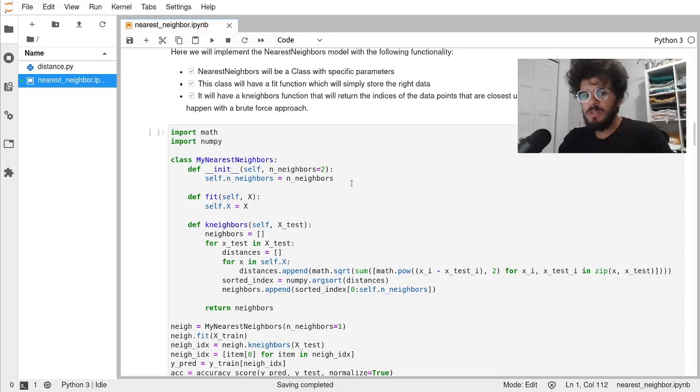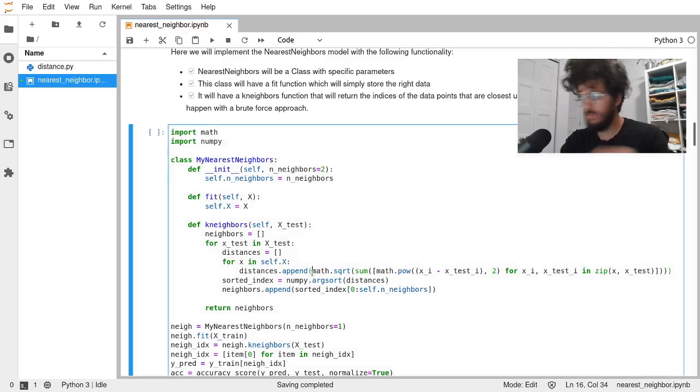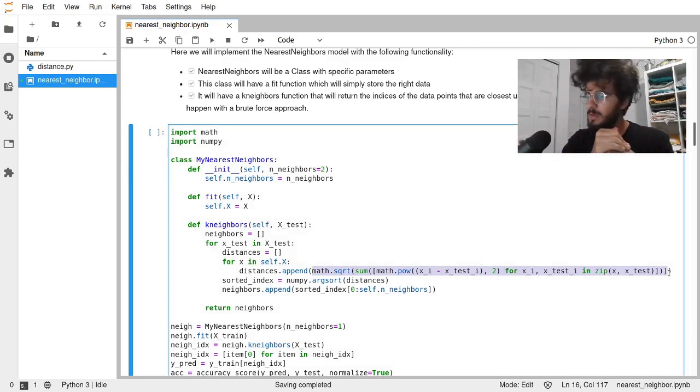Alright, so in today's video we're gonna check out different distance metrics. In the previous video we created the nearest neighbor classifier, and we used some distance metric. Here we use the Euclidean distance. It's the one that most people are familiar with, but sometimes it's not the best distance depending on your problem set or your data. So we're gonna go through, I think, five